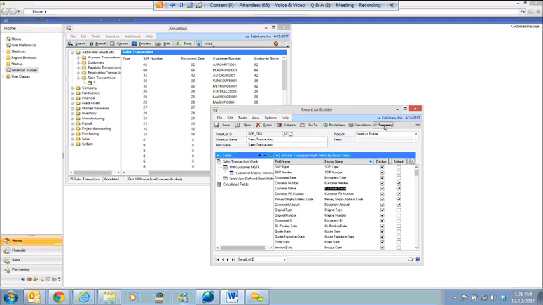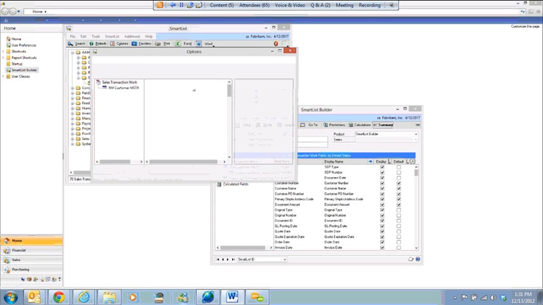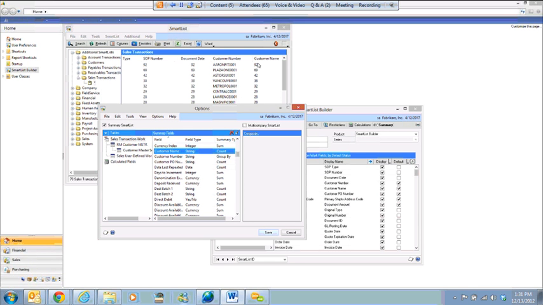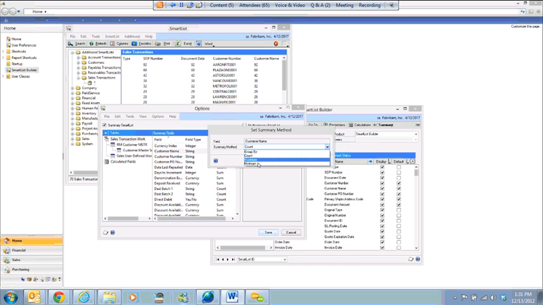So if I come to summary, come down to customer name, it's set to count. So there was 92 records that got summed up into this one record for Aaron Fitz. Well, I can change that to be maximum or minimum. His name is always the same, so it doesn't matter if I pick maximum or minimum. But once I save that,